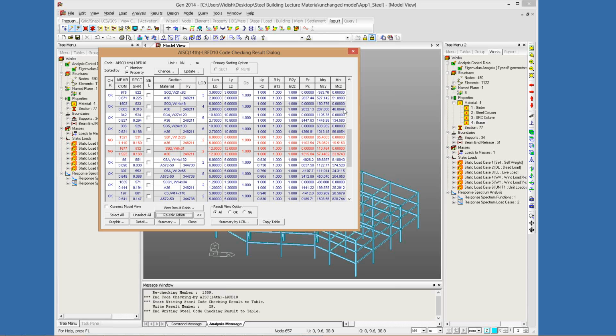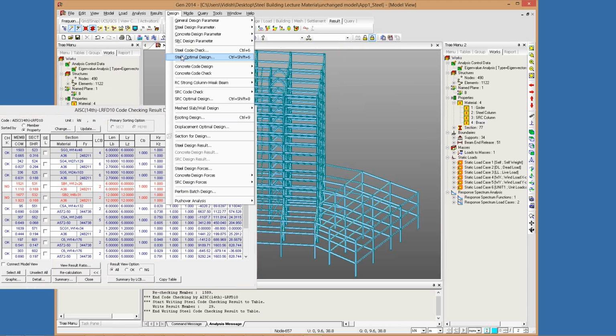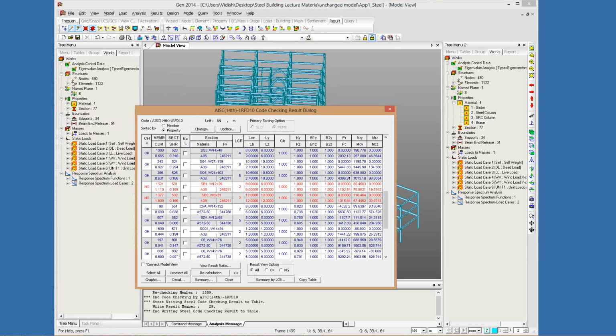And it will show that the section is indeed safe. The other option that is available, so let me show you that other option now. So that other option is called steel optimal design. So under steel optimal design,